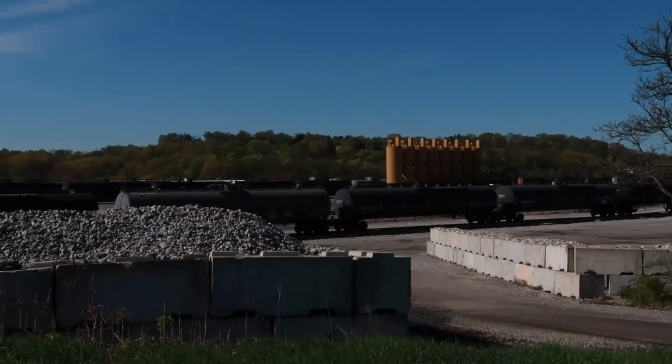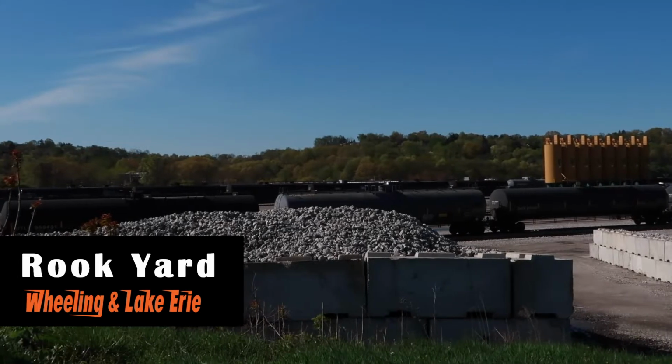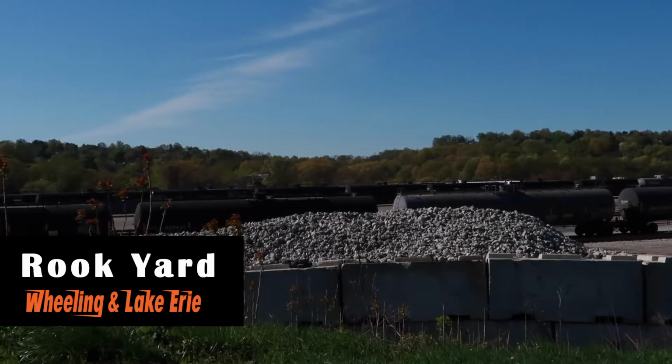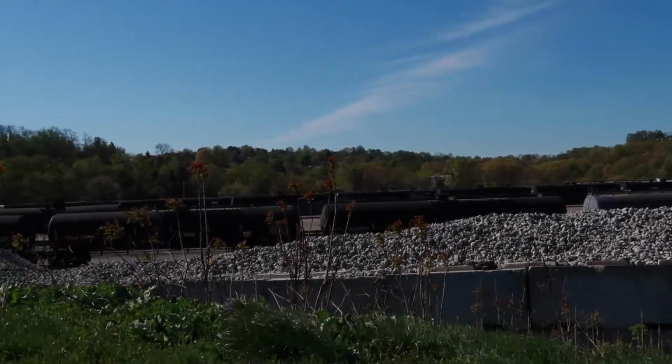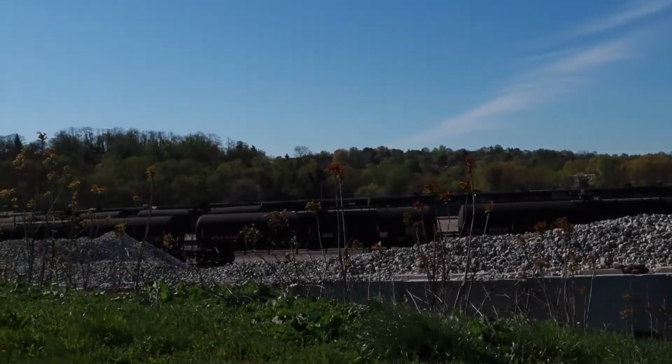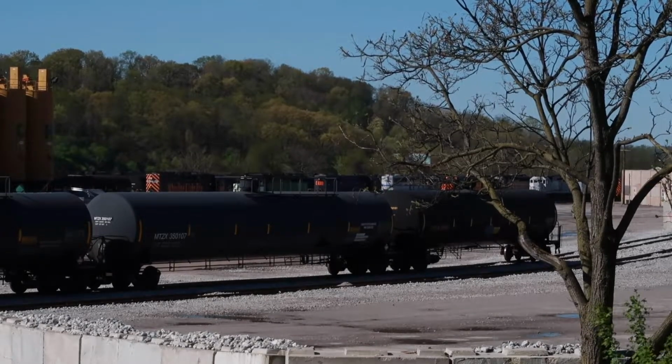So the day started off over here in Rook Yard. This is a yard used by the Wheeling & Lake Erie Railroad. They're based primarily out of the Pennsylvania and Ohio region. There wasn't a whole lot of activity going on when we first got there. There were a lot of engines parked on what appeared to be an engine track, which included an ex-Burlington Northern